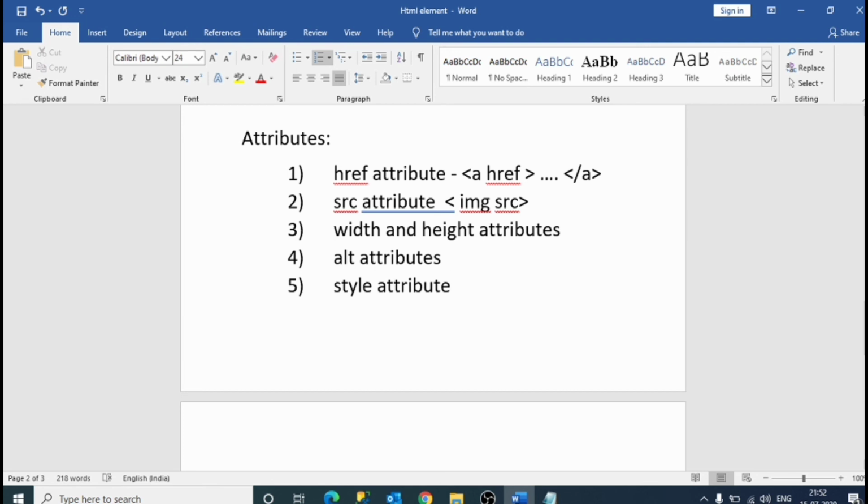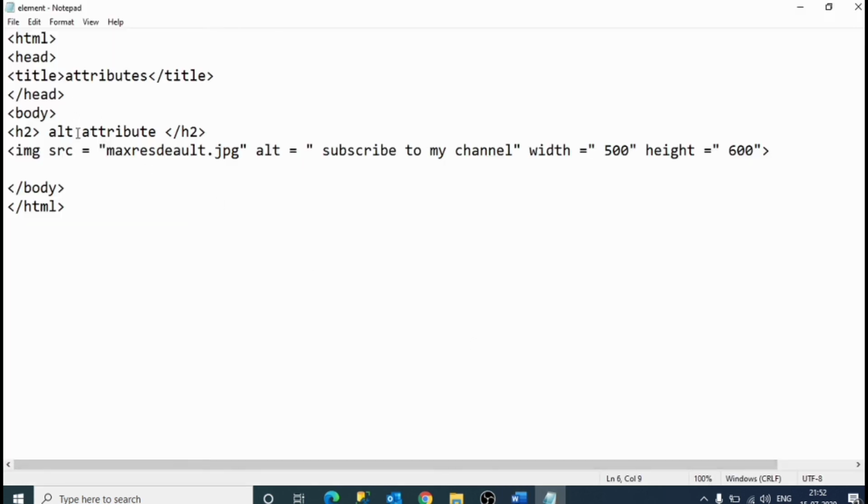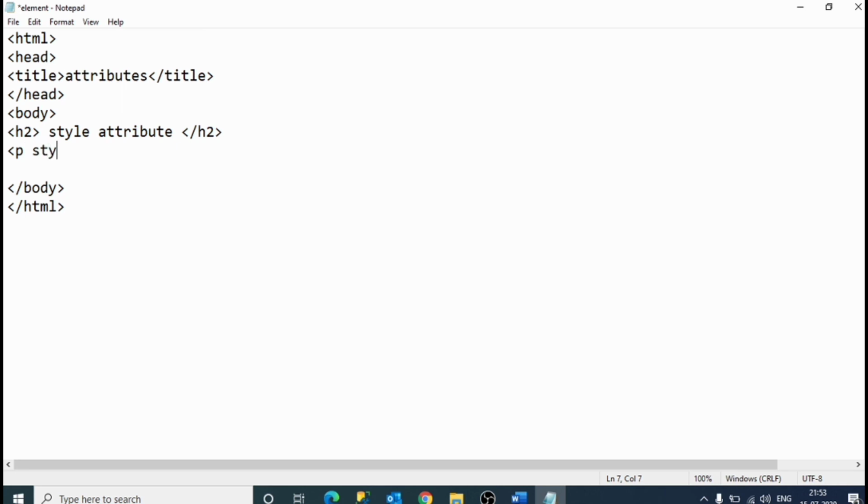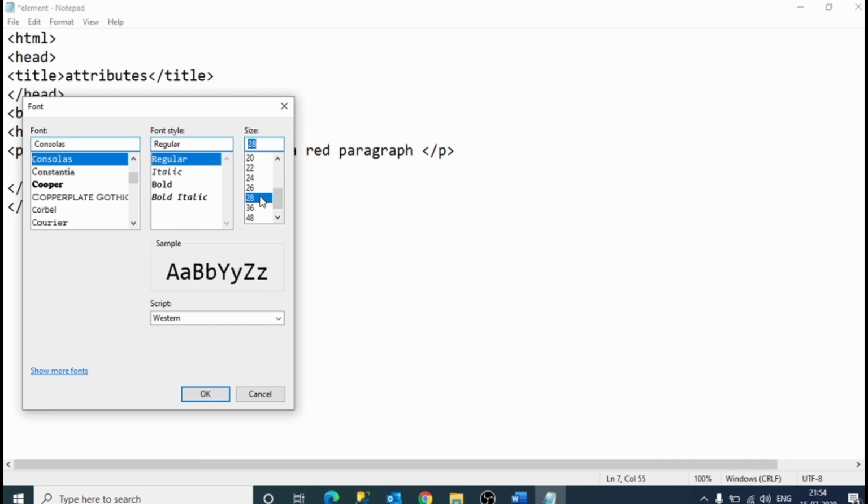Now we'll see an example of the style attribute. Style attribute, paragraph, style, color, red: This is a red paragraph, slash p.